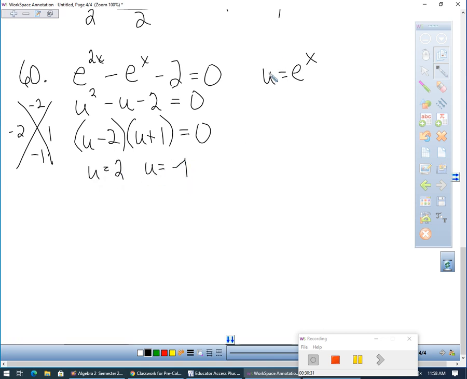Now we can go and plug those back in. So here I have 2 equals e to the x. And I also have negative 1 equals e to the x. To get rid of e, we use natural log. So this one would be the natural log of 2, right? If I put a natural log in front of both sides, equals x. This one